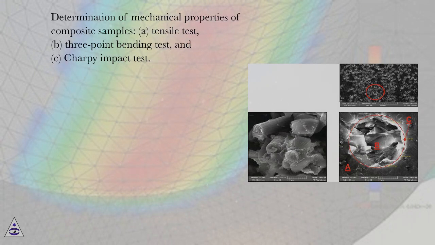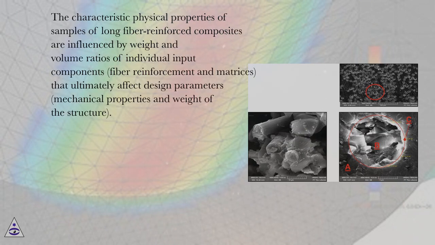Determination of mechanical properties of composite samples: A, tensile test, B, 3-point bending test, and C, Charpy impact test. The characteristic physical properties of samples of long fiber reinforced composites are influenced by weight and volume ratios of individual input components, fiber reinforcement and matrices, that ultimately affect design parameters, mechanical properties and weight of the